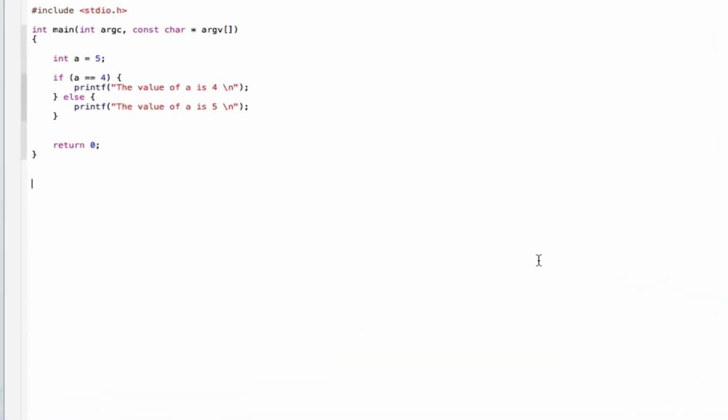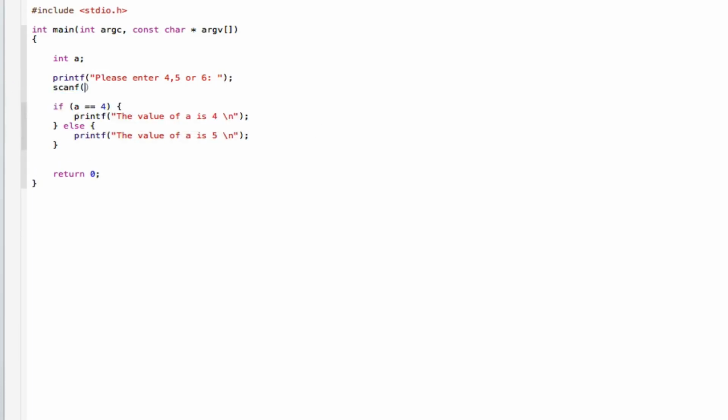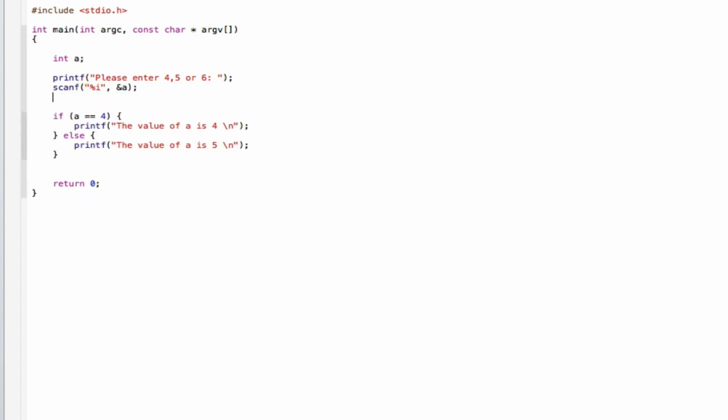Okay, so I'm going to go here and get rid of this and say printf "please enter 4, 5 or 6." Then we will use scanf "%i", not to forget the ampersand a, and then we can go here and say